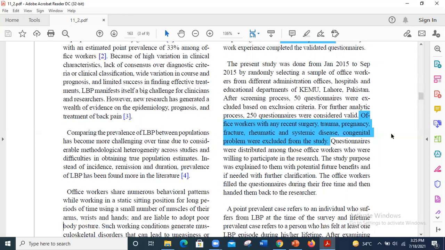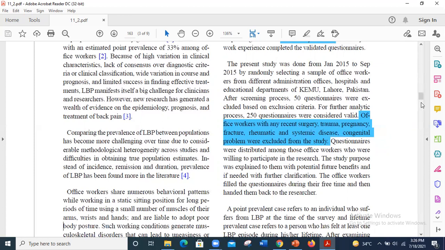In this case, students worry about developing a questionnaire. They don't know how to make questions, what should be added, what should be excluded. The best strategy is to check the materials and methodology of the research papers regarding your title, jump into the materials and methodology section, and find out what type of questions they have asked in their research. So you can simply pick up those questions and add them into your own self-made questionnaire.